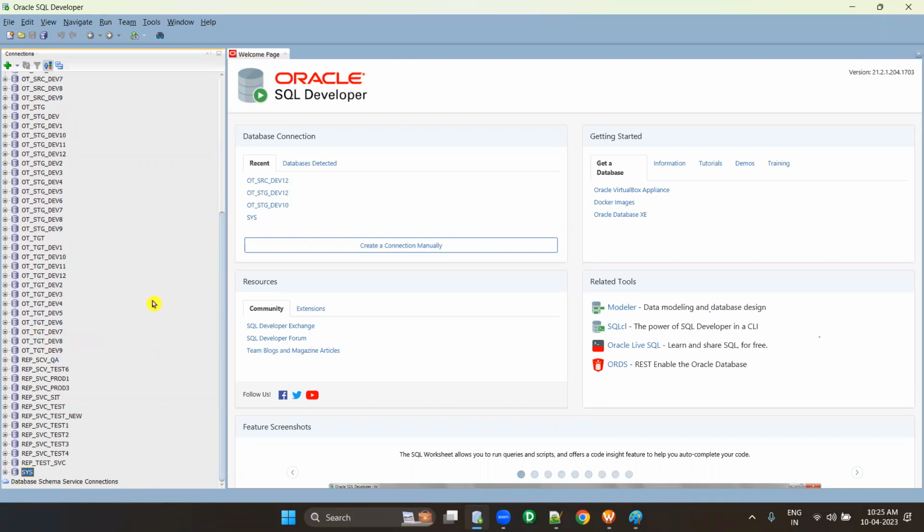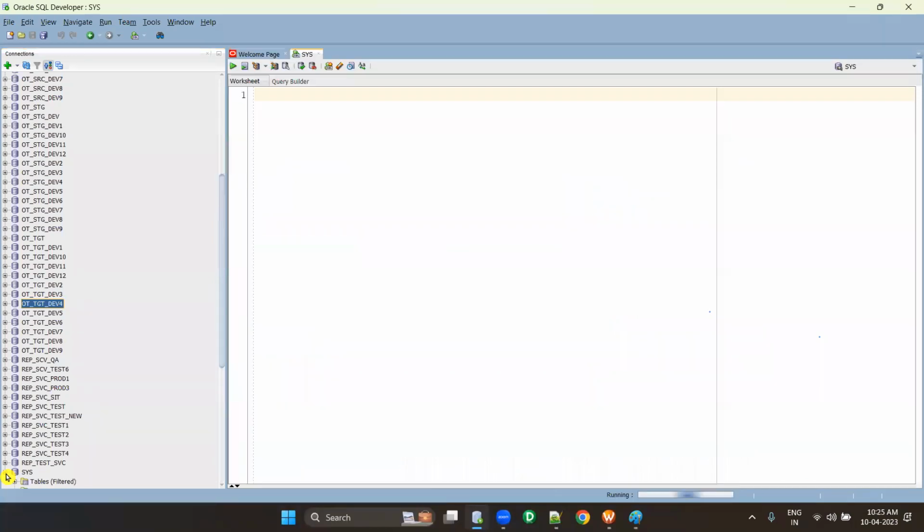Now, what you have to do? Open the Oracle SQL Developer window and click on sys. Click on the plus button for sys. When you click on the plus button for sys, a sys workspace window will open. Here, you need to write a command to create